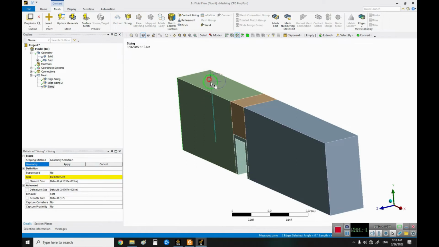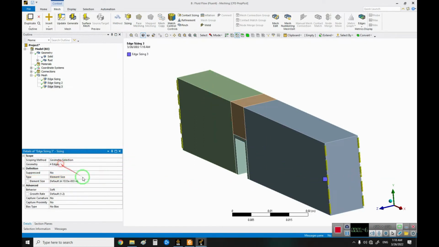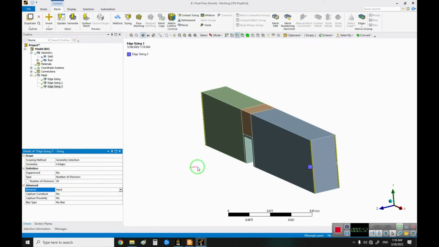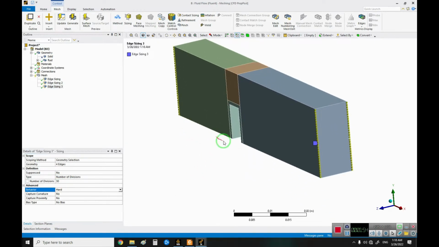And also these edges from inlet and outlet with 30 divisions, hard behavior. If I want to have finer mesh at the bottom of the fluid domain, I can use bias for these edges